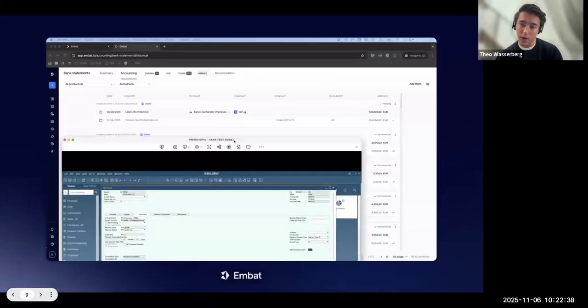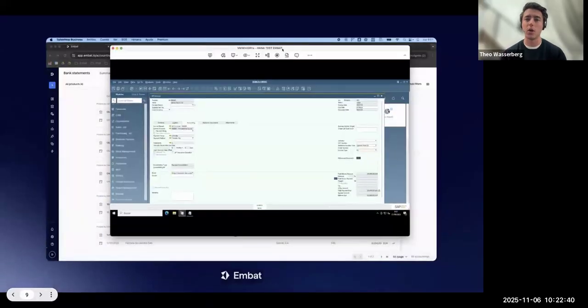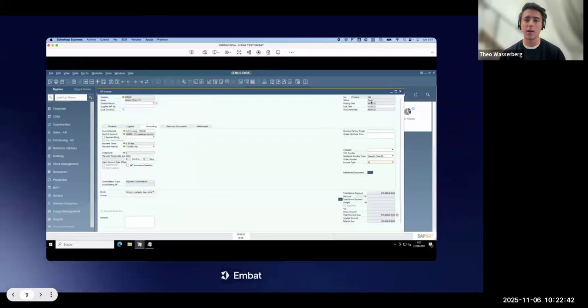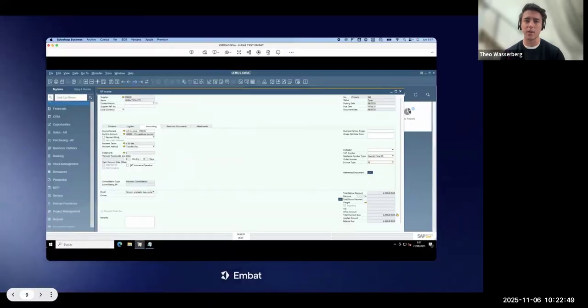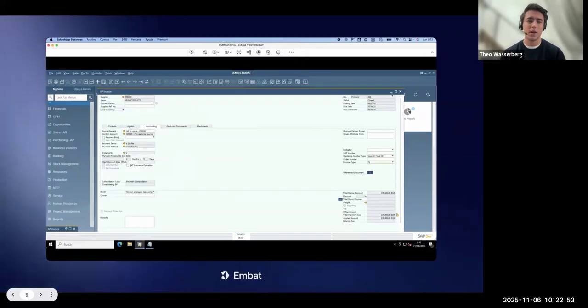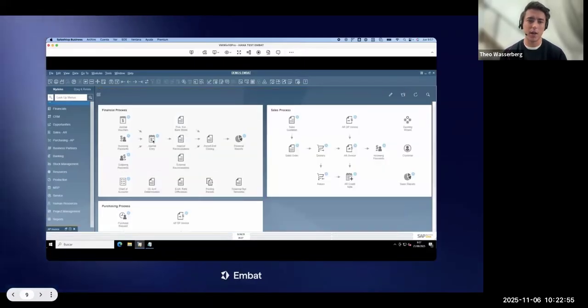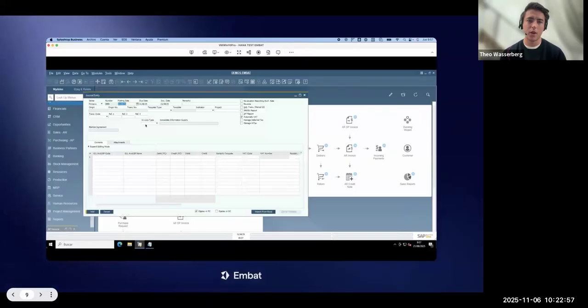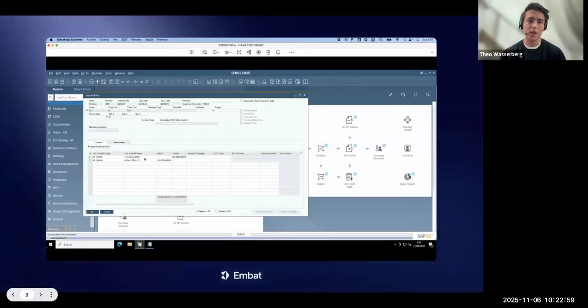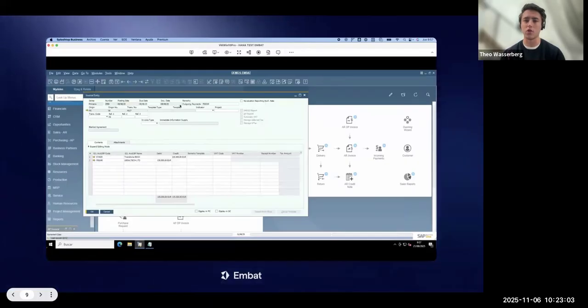But on the transaction here in B1, if I go ahead, you can see this is what it was before, it was open, and if I refresh the page, then you'll see that the document is now closed because we've made the posting. And if I take you into the journal entry, you will see we have the credit and debit associated with that journal entry.